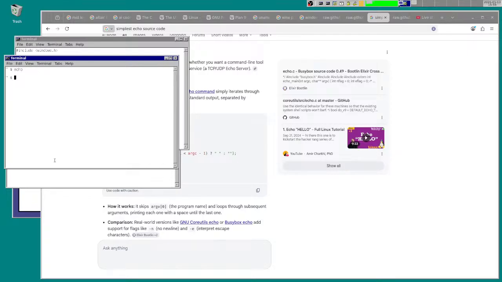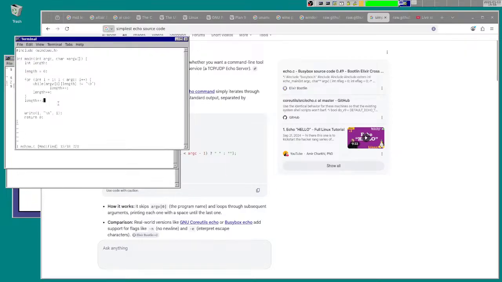But if I type echo 1, 2, 3, how many bytes are here? Well, here's 1, and a space is 2, 2 is 3 bytes, 4, 5, and then a new line, so 6, and then 7 is the null terminator. And so this is counting all those and putting them in length. And then we're going to loop over it again, for int i equals 1, i is less than argc, i plus plus. Or wait,